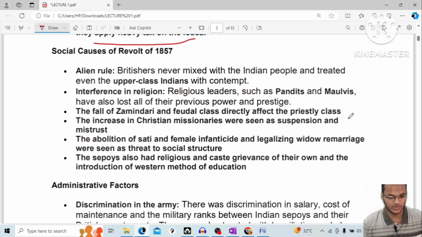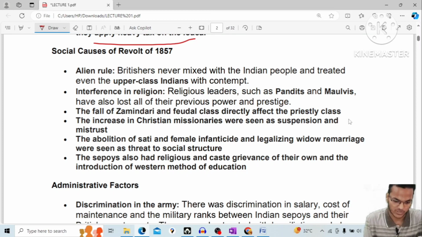नेक्स्ट आता है सोशल कॉजेस। अब यहाँ पे आता है एलियन रूल। सोशल कॉजेस सोसाइटी में जो इंडियन, how the Indian peoples are going to be treated. The Britishers never mixed with the Indian people and treated even the upper class of Indian with contempt. वो उस तरह की जो ट्रीट किया जा रहा था इंडियन को, ये एक अपर क्लास कास्ट सिस्टम की तरह, ये बिल्कुल भी एक एलियन रूल की तरह उन्होंने रूल कर रहे थे।